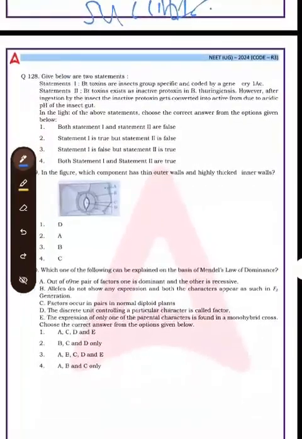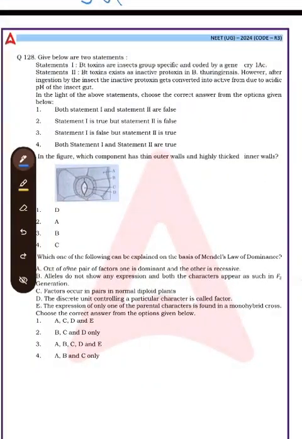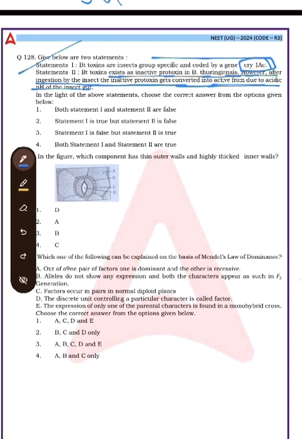Okay, next, given are two statements, so let us see which of them are right. Bt toxins are insect group specific and coded by gene CRY1AC, right? Yes, right. Bt toxin exists as inactive protein in Bacillus thuringiensis. However, even after ingestion by the insect, the inactive toxin gets converted into active form due to acidic pH of insect gut. So, as Bt toxin were isolated